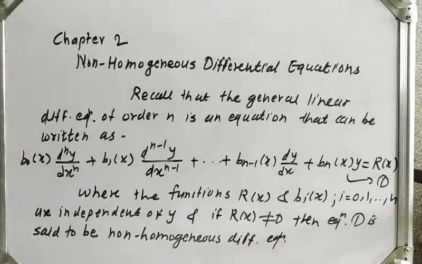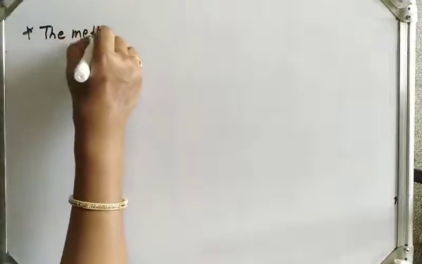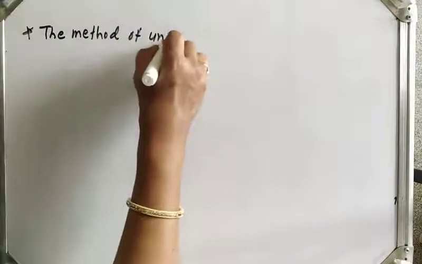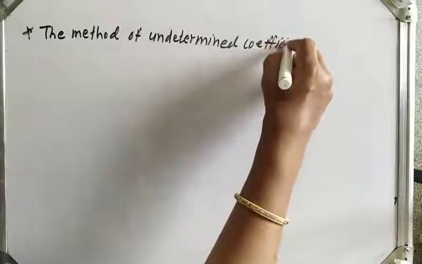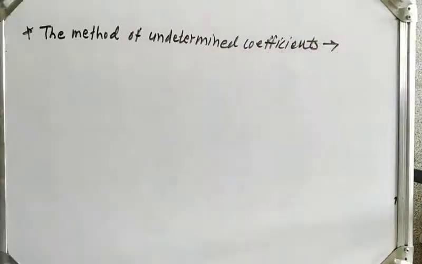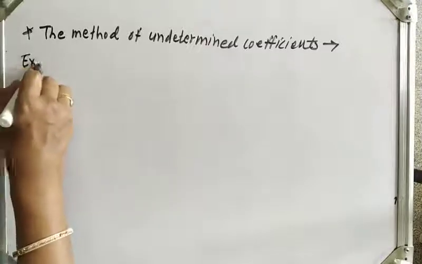Now in this chapter we will see various methods of solving non-homogeneous differential equations. So the first method is the method of undetermined coefficients. To solve the non-homogeneous differential equation, the first method is the method of undetermined coefficients. So let us solve an example of it. I will explain the method while solving the example. So the first example is